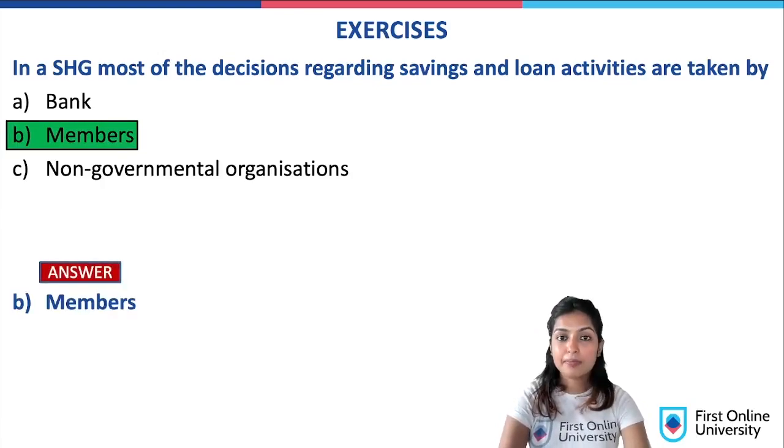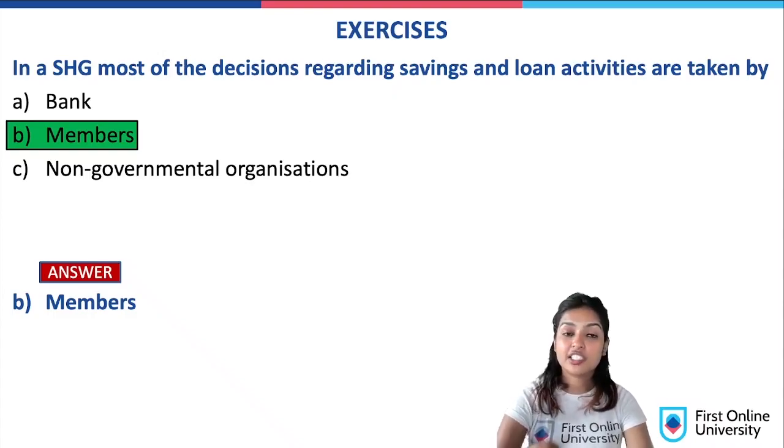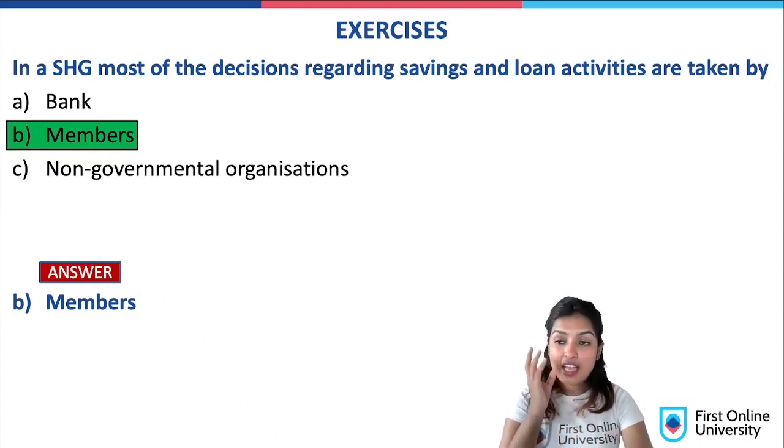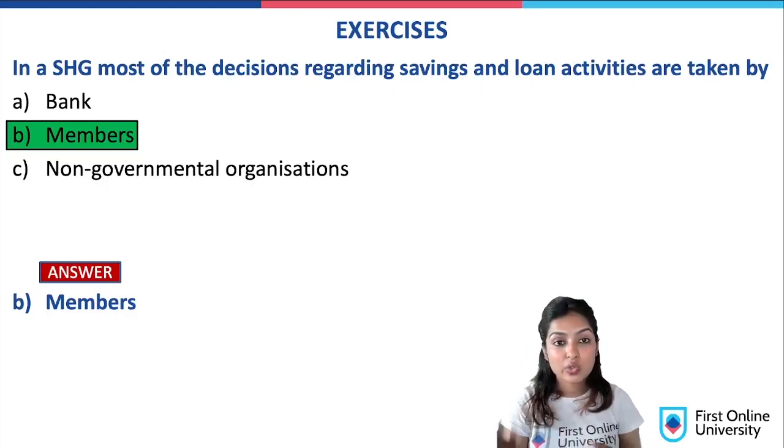So once the members in the SHG are doing well for themselves and are repaying the loans that they've taken among their members, after 1 to 2 years of doing such an activity, they can go to the bank and avail a certain loan for that group itself without any kind of collateral. NGOs are nowhere in the scenario here.